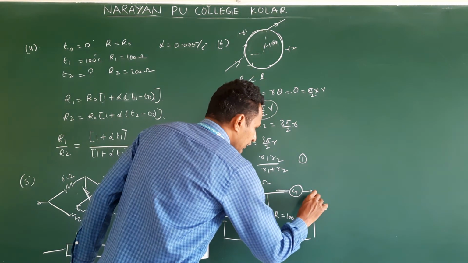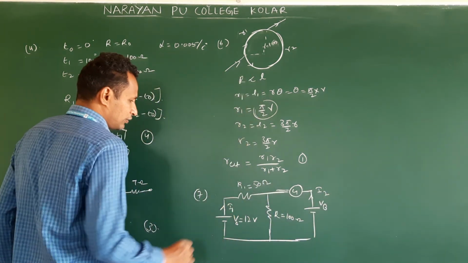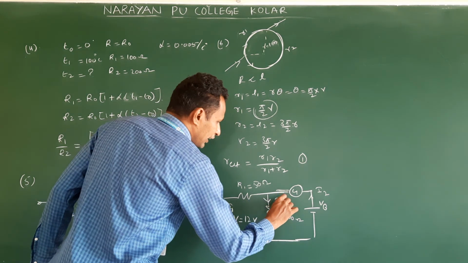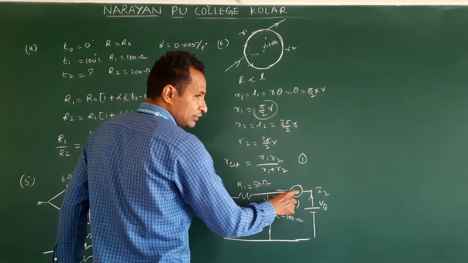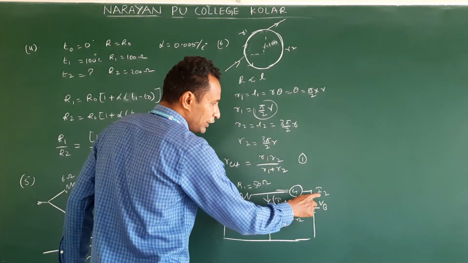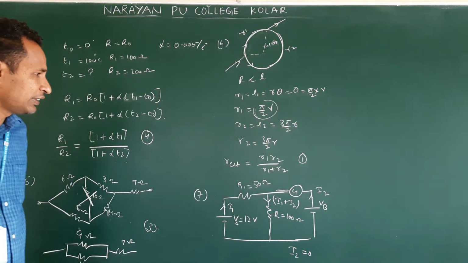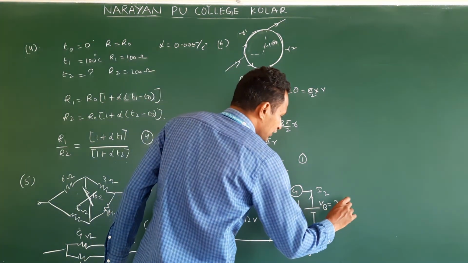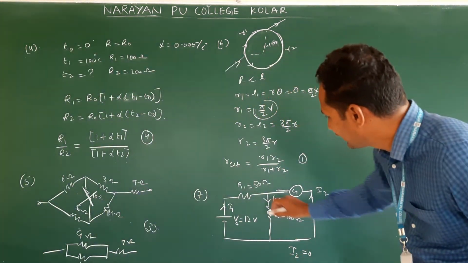Let us say current, this is I2, this is I1. These are combining here, I1 plus I2. Galvanometer showing deflection 0 means what? No current flows through the galvanometer. Which current is flowing? I2. So I2 they mentioned as 0. In this process, what is the VB they asked? If you frame the equations, you will get the answer.